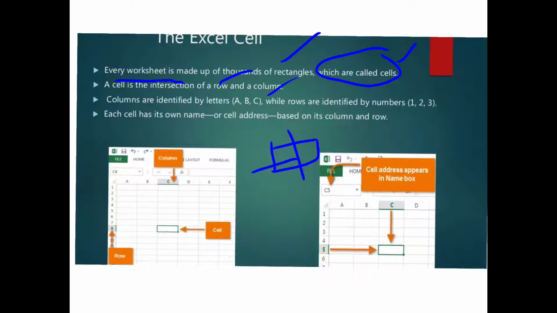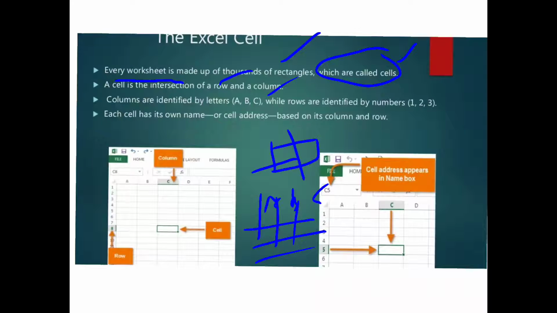Columns are identified by letters A, B, C, while rows are identified by numbers 1, 2, 3.